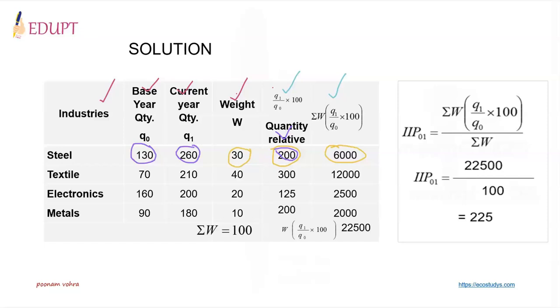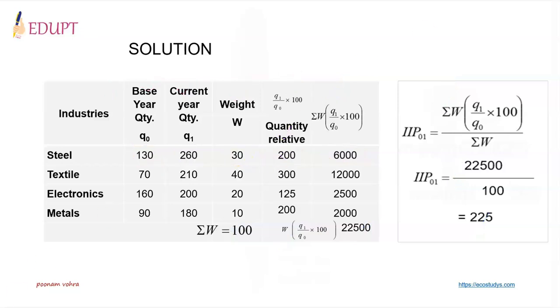In the same manner, you find quantity relative and quantity relative multiplied by weight for each industry, and in the end have the summation of weights into quantity relatives, which is in this case 22,500. Apply the formula, summation of weights into quantity relative divided by summation of weights, which is 22,500 divided by 100, it is 225. So the change in industrial production is by